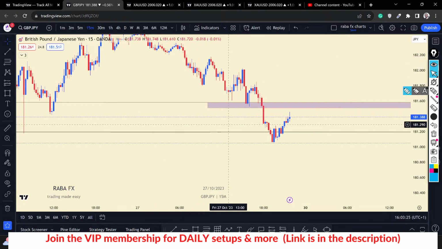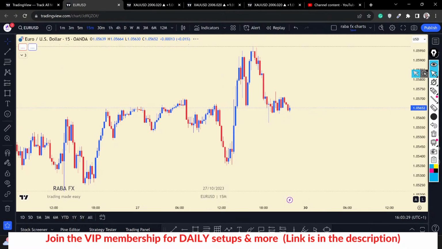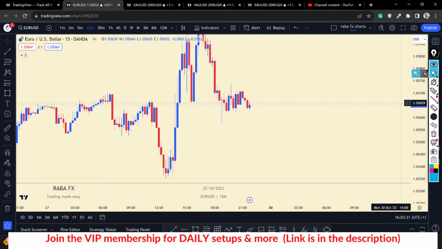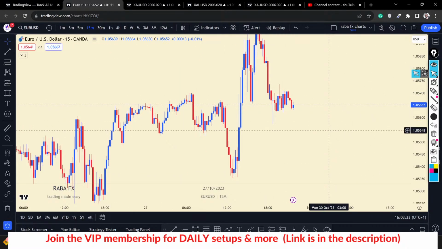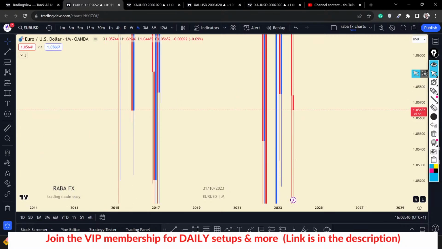So let's look at Euro USD, the almighty Euro USD. Gold and Euro USD are my pairs. All right, I love them so much. So looking at monthly, on the monthly time frame,